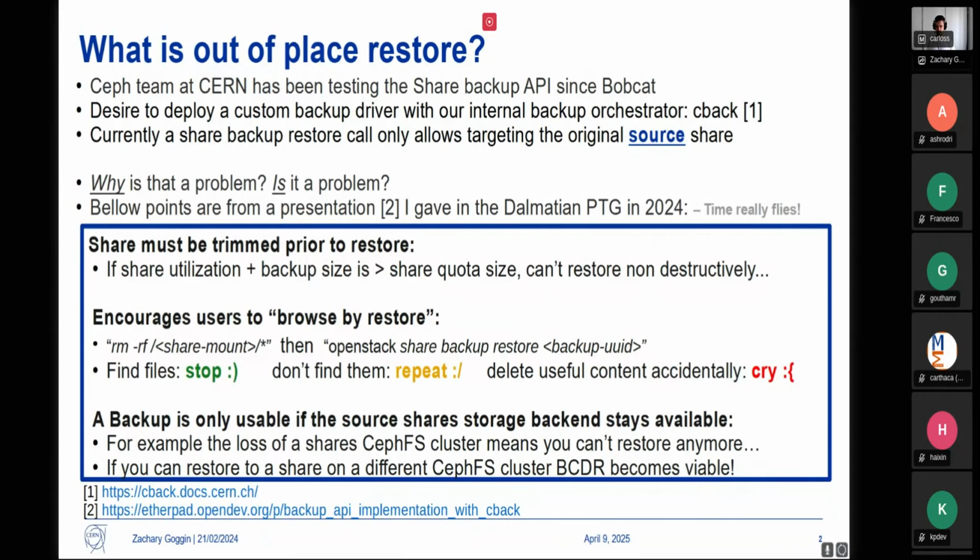So this is a little bit of a problem for us. The final point I have is a backup is only usable if the source share storage backend stays available. So it links into what I said originally. You can only restore to the source share, right? If the storage backend, let's say it's a CephFS cluster, for example,